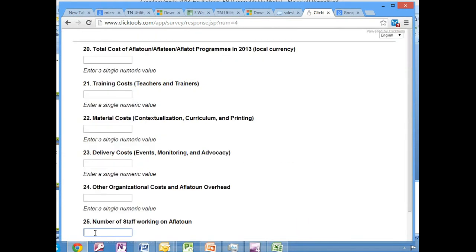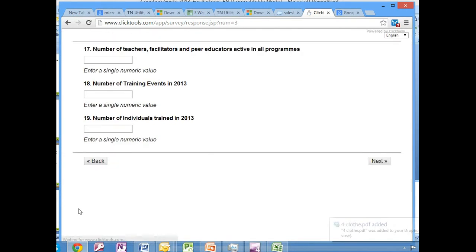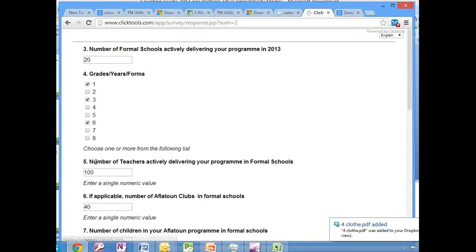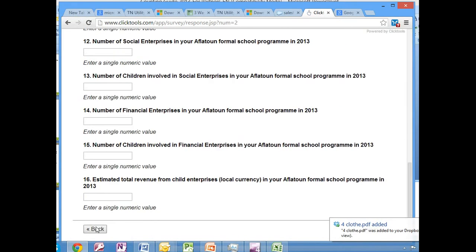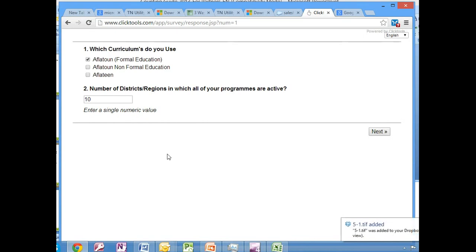The survey will be coming to you on February 10th. Right, so please put that date in your calendar. February 10th is the beginning of the survey. All information should be completed and entered and submitted before March 10th, so you have 1 month to complete it. Please collect the information beforehand, as it will ease the process of submitting the data. It'll be a quick process if you already have the data in hand. There are only a few dozen questions.